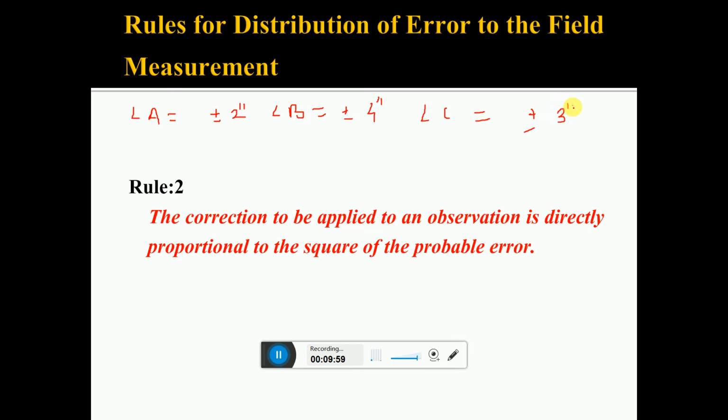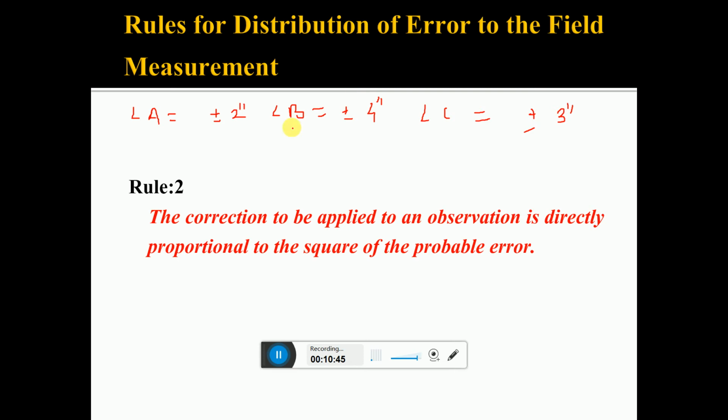So instead of weights, the probable errors in the observations are given. You know how to find the probable error in an observation, so I would like to repeat it again. Suppose you have taken 5 or 6 observations for angle A, then you can find the probable error in a single observation using the equation ES is equal to plus or minus 0.6745 root of summation of V square upon n minus 1. Using that equation, you will get the probable error in angle A, angle B, and angle C.